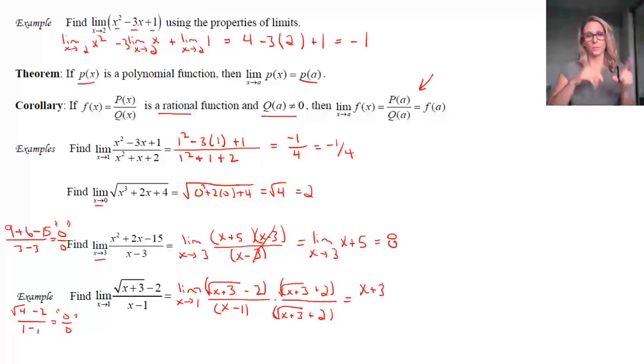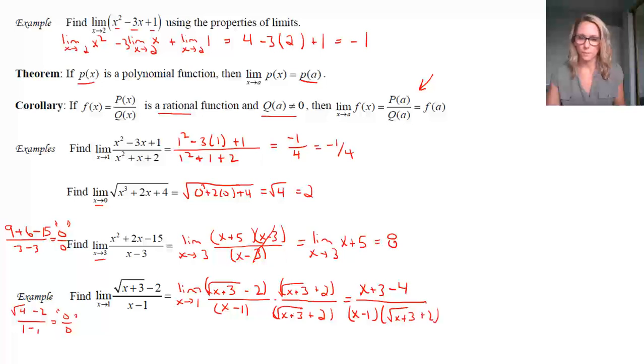And then you're going to take x plus 3 and multiply it by positive 2, but then you're going to take x plus 3 and multiply it by negative 2. So those two terms are going to simplify to 0. And then when you multiply the two last things together, you get a minus 4. Now, if you're expecting great things out of the denominator, it's not going to happen. Your denominator is still just x minus 1 times the square root of x plus 3 plus 2.